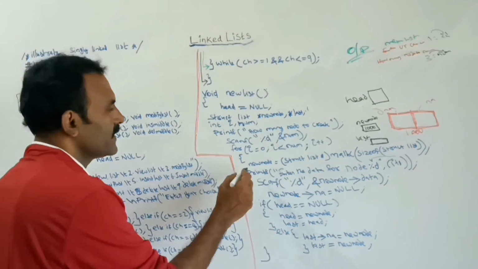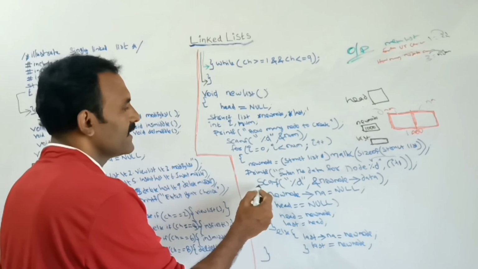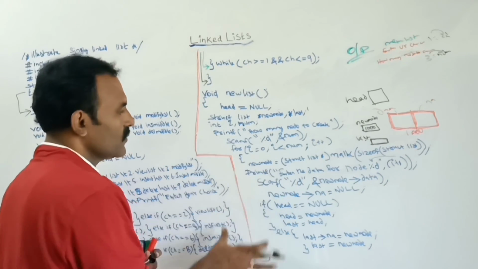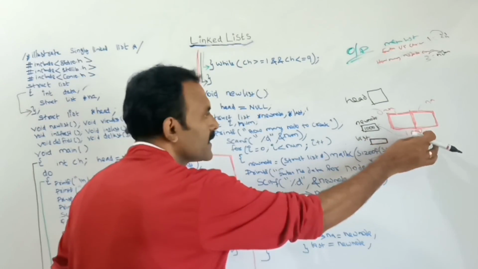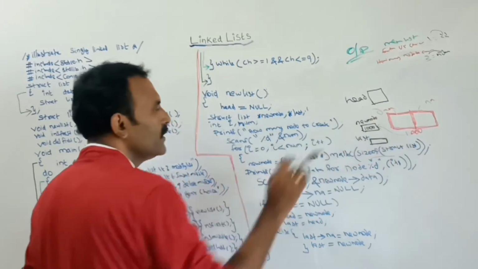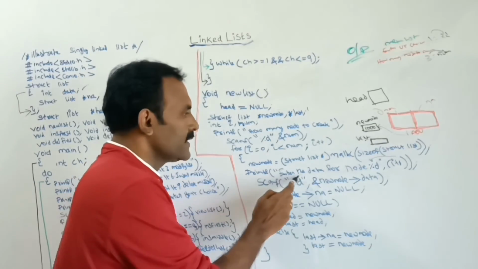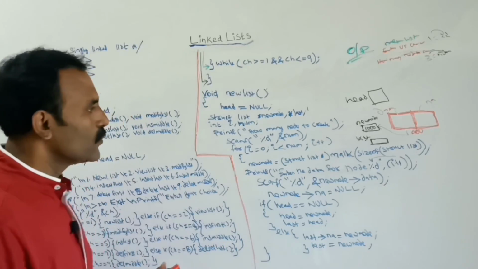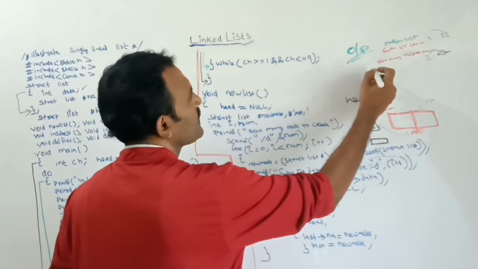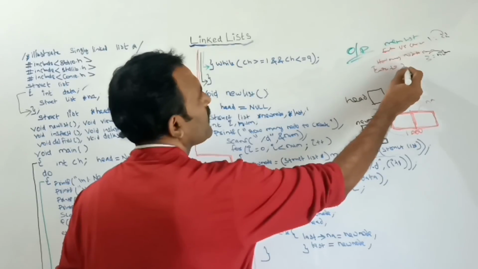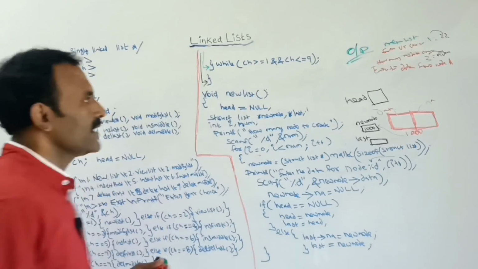For each and every iteration, first it will create a node, and next it takes the input for that node. So in the first iteration I create the node and store the created node's address in the new node pointer variable. Next I am asking: enter the data for node i plus 1. So this will ask like this: enter the data node 1.